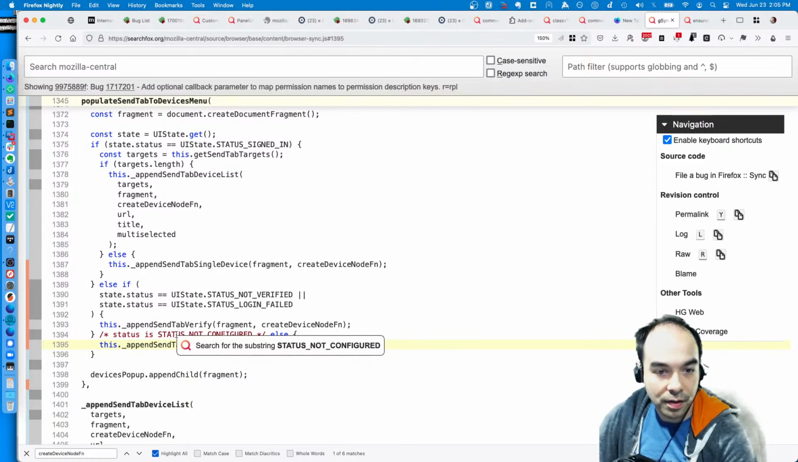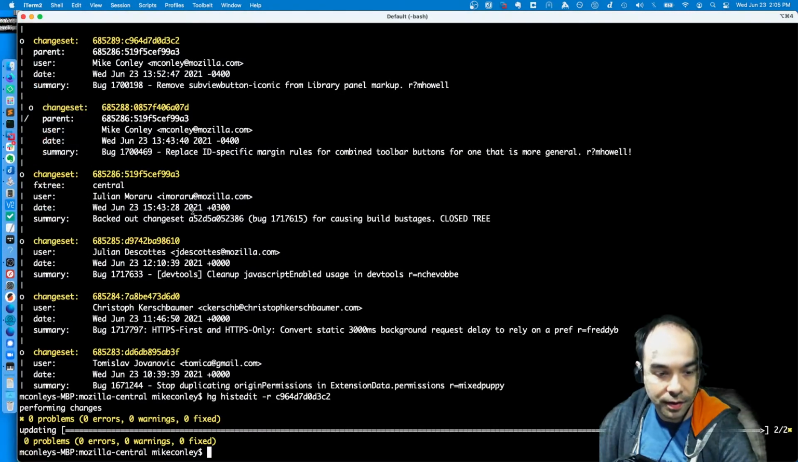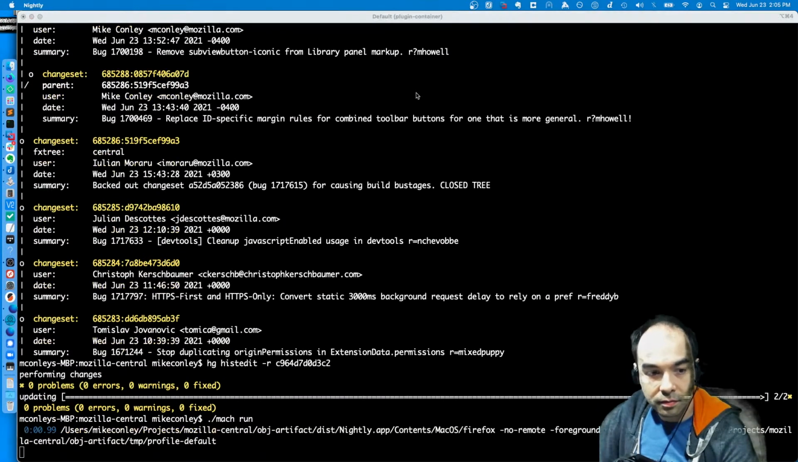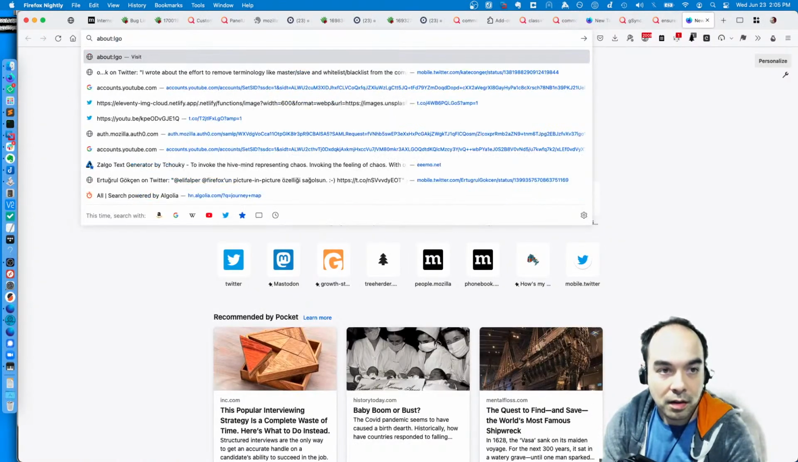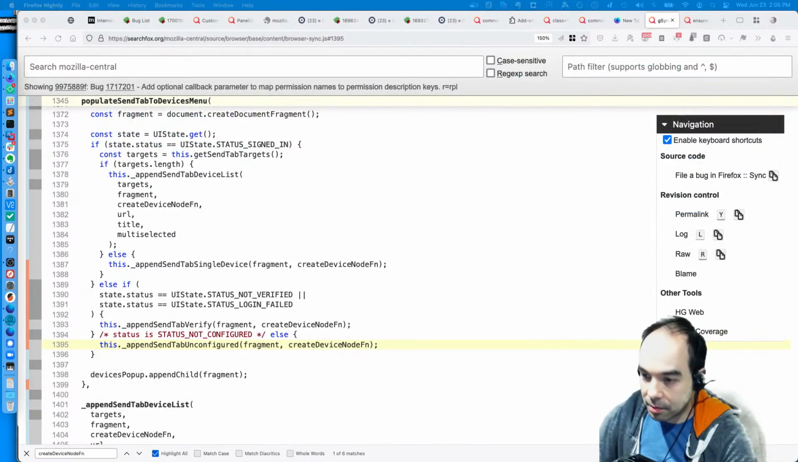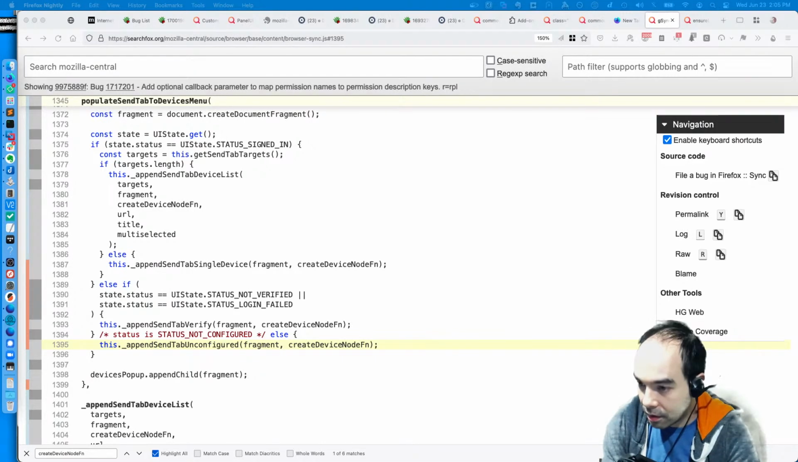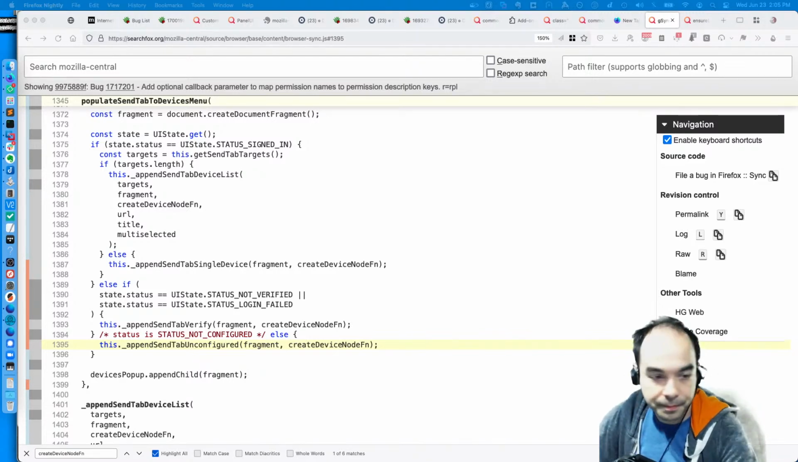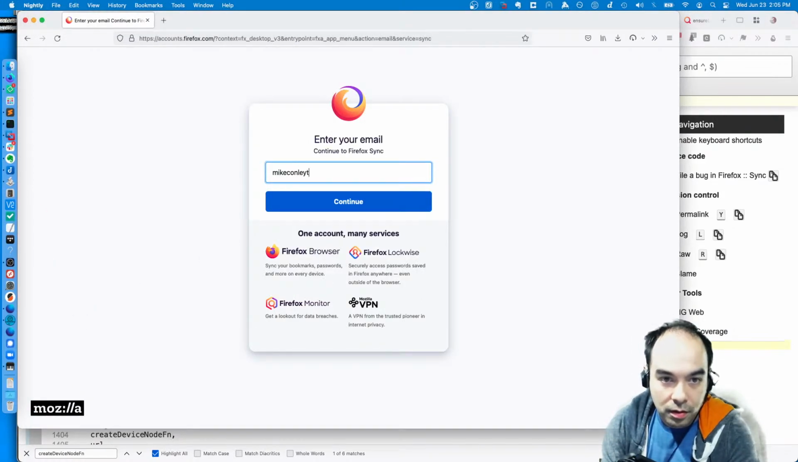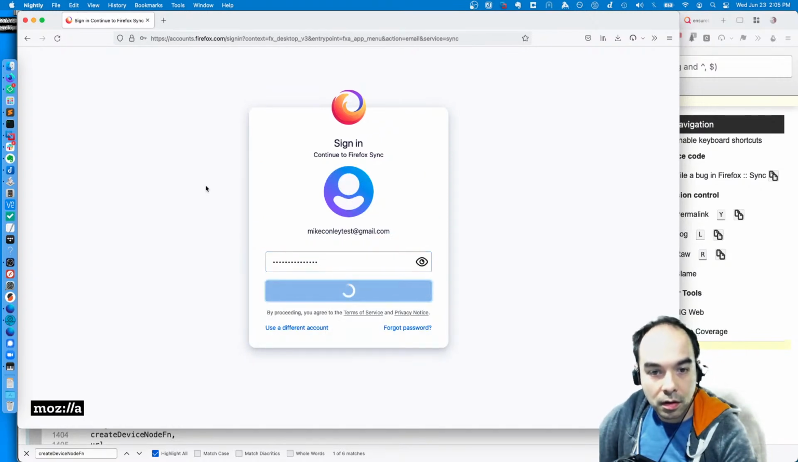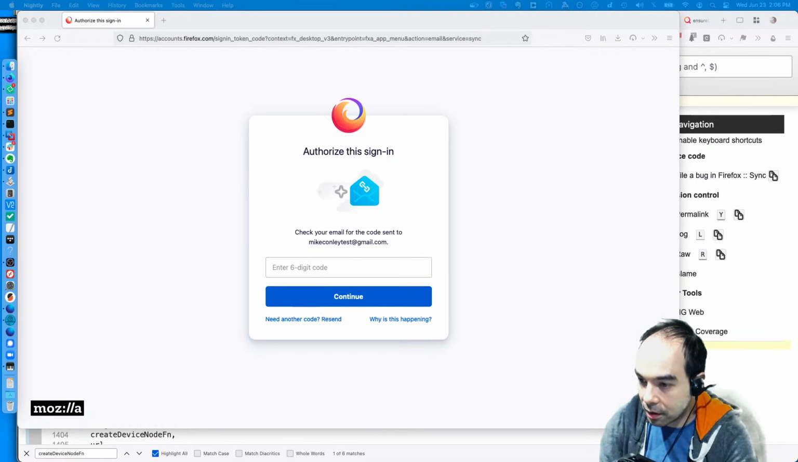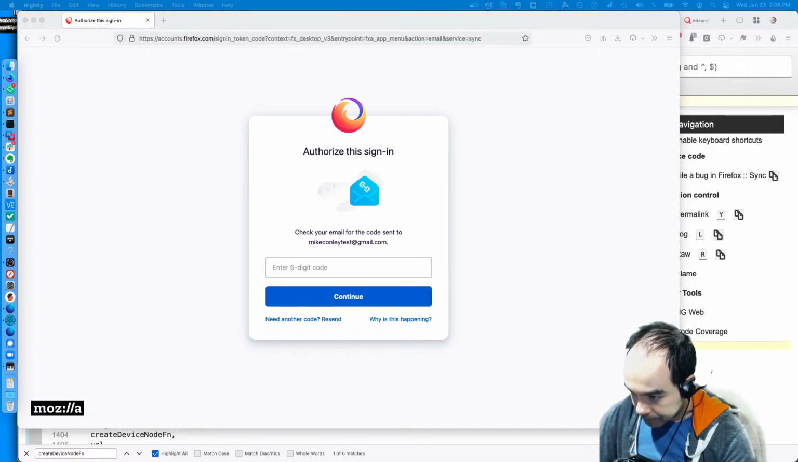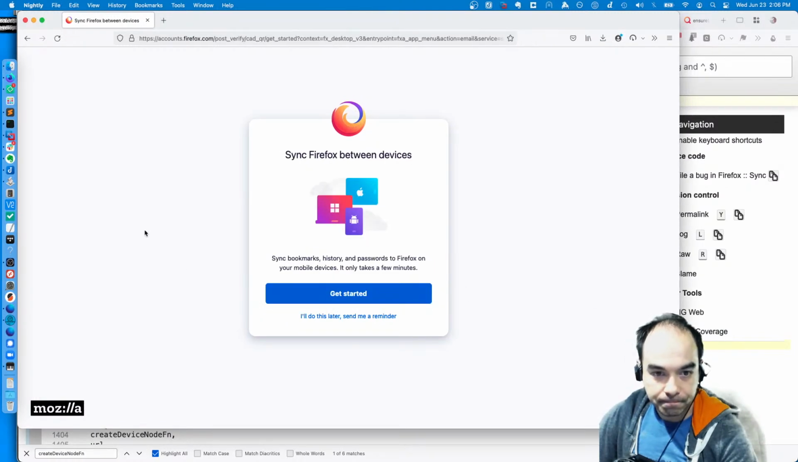Status is status not configured. That's when we're like logged in, but sync is not configured, right? What does that look like? Let me, hang on. Let me get my test account going here. Scooby-Doo, Scooby-Doo, Scooby-Doo. All right, and now I have to get my email for it. All right,